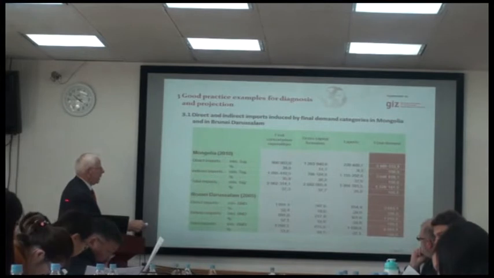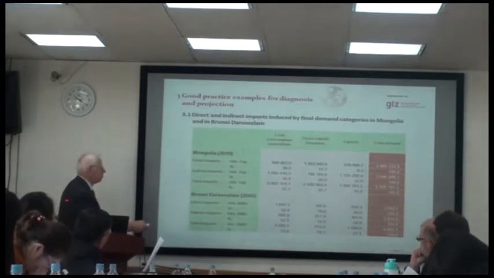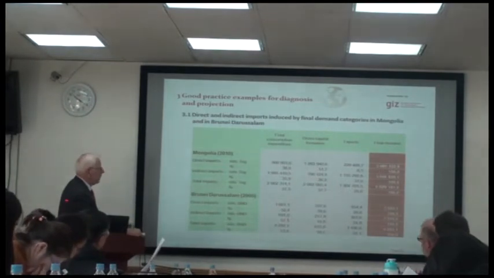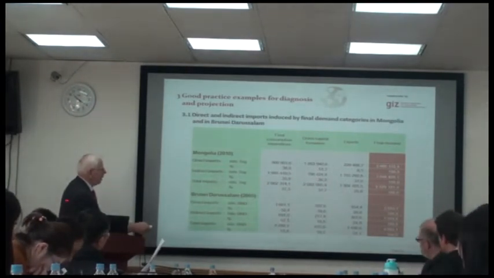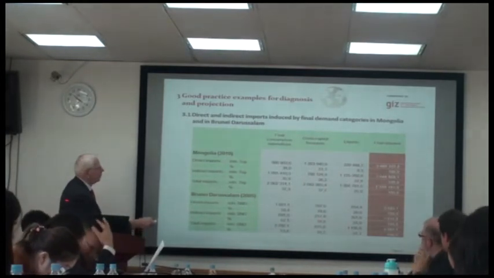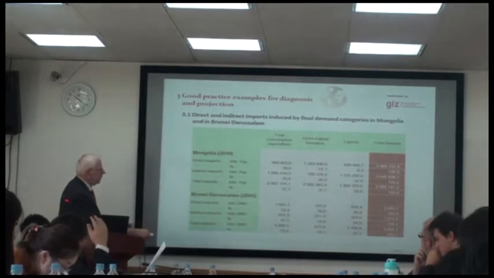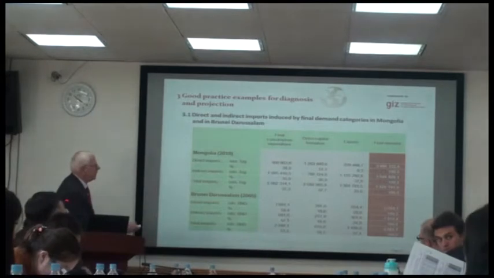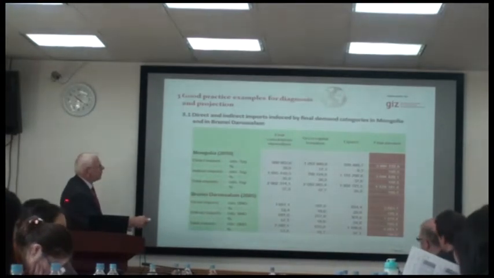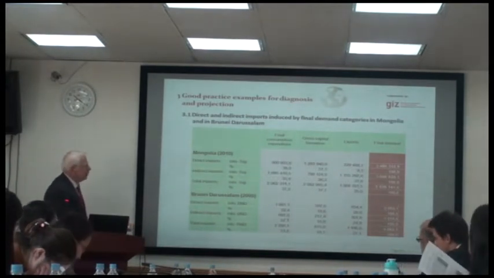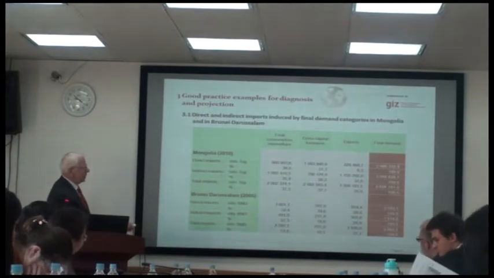If you look at the indirect, they are more comparable. 35, also the same problem. Here I think lower, here are higher, 26, 18, and here we have indirect imports for export, 37, and here we have 24. If you take both together, you can say to satisfy the export of Mongolia in the year 2010, we needed imports. I think we should look more to this figure, because that I mentioned yesterday.